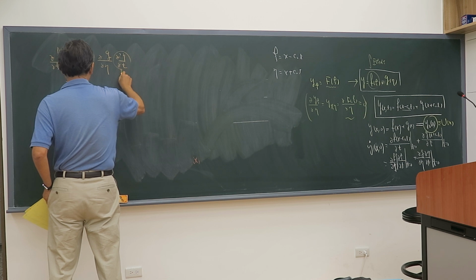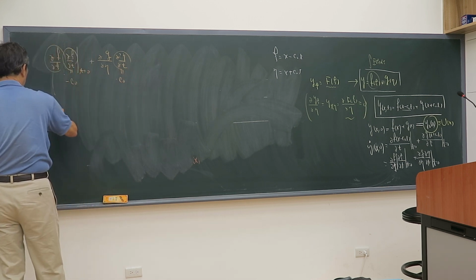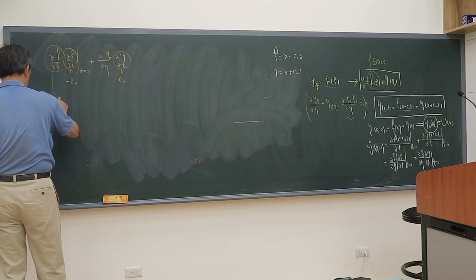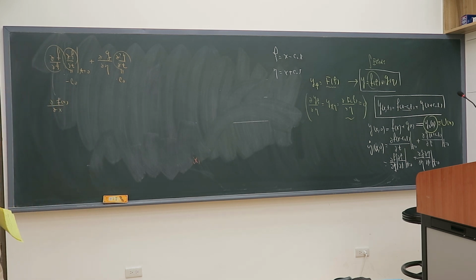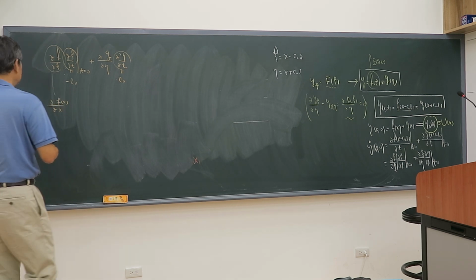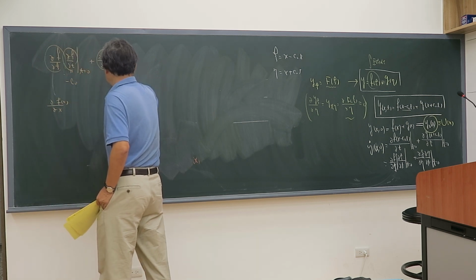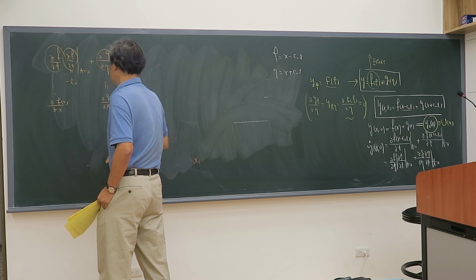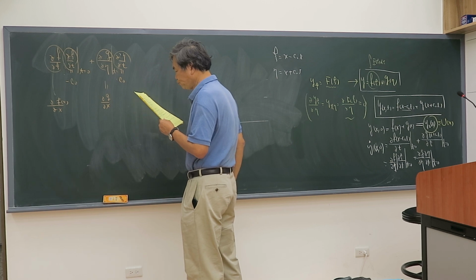And this will be partial f, for t equal to 0, partial x. Okay. And this will be partial g, partial x. Alright, so we have